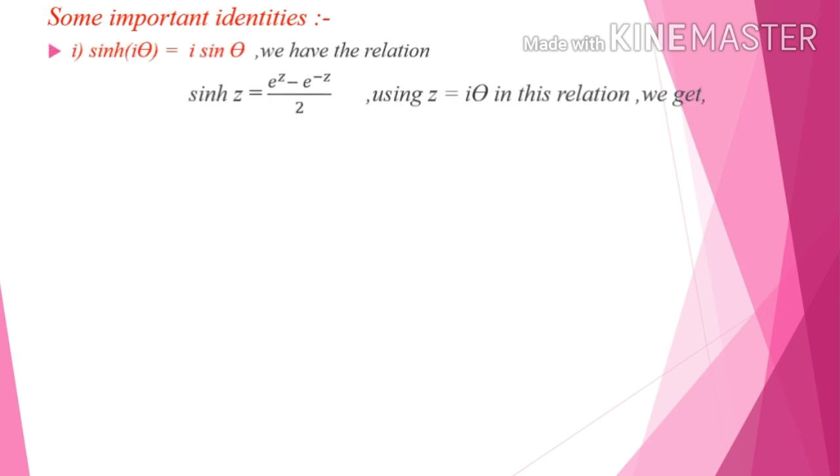Okay, now there are some other important identities. First, sine hyperbolic i theta equals i sine theta. Friends, we have the relation sinh z equals e raised to z minus e raised to minus z divided by 2. Now using z equals i theta in this relation, we get